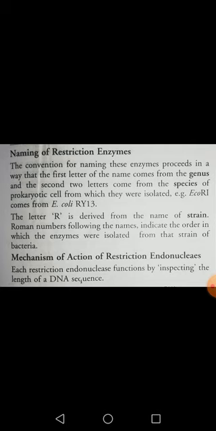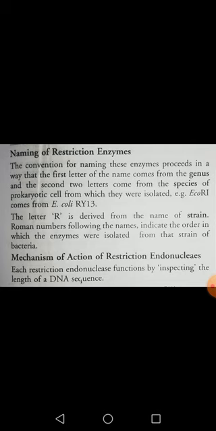Now the second two letters of the restriction enzyme name come from the name of the species of that bacteria. Similarly, Escherichia coli was the bacteria, so the capital E came from there, and then two small letters C and O, because coli is the species, so C and O will come from the species. Is it clear? So this is the case of the three letters.